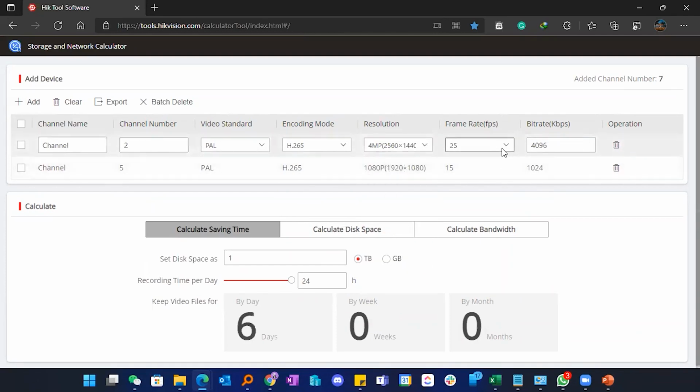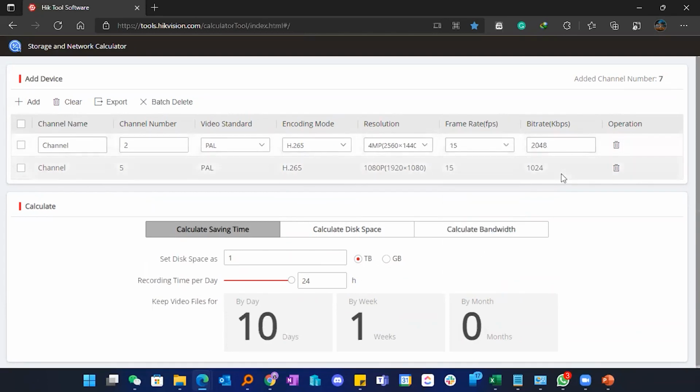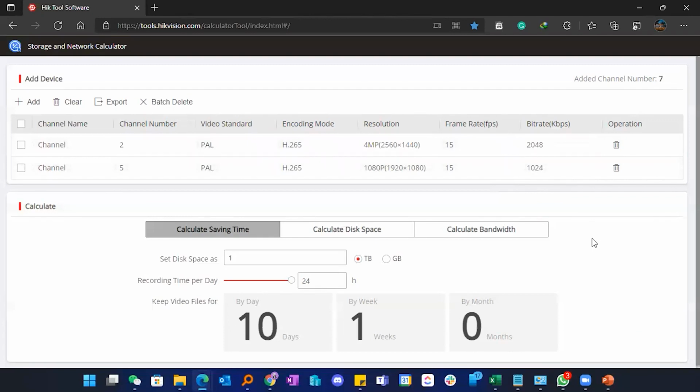Yes, frame rate we can keep 15. Yes. Now we can enter a combination of cameras. Some sites are not going to place all the cameras in the same model. Some critical cameras may be in high resolution. There can be ANPR cameras, which will be in even different settings. So depending on your configuration, you can enter any number of camera channel numbers here